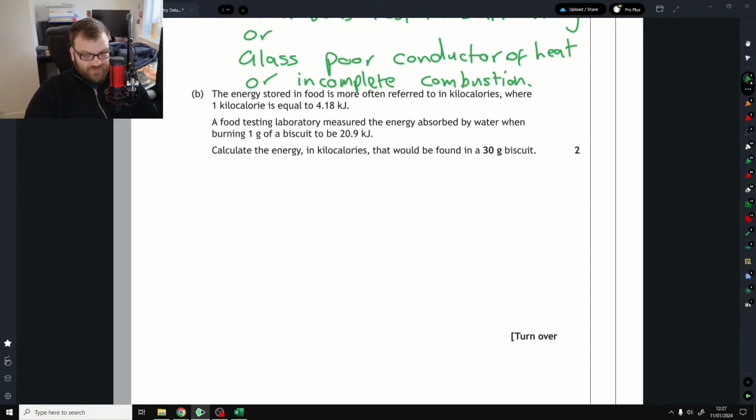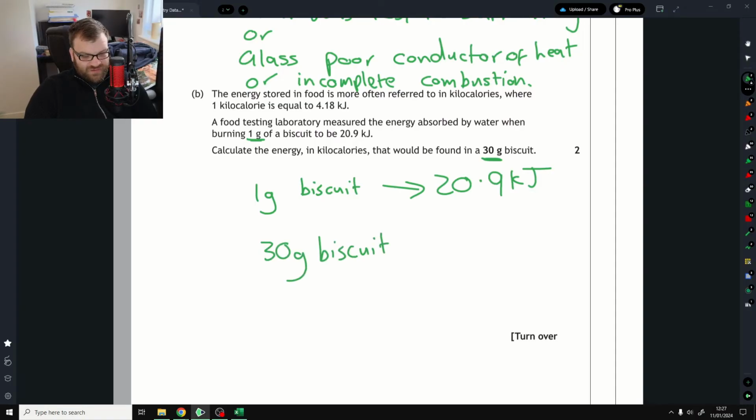So first up, I tend to start at the end. It says there's a 30-gram biscuit. That would link to the fact that 1 gram of biscuit releases 20.9 kilojoules. So if we've got 30 grams, that's going to give you more energy out of it. So whatever number we get here has to be bigger than 20.9. How do I go from 1 up to 30? I can times by 30. I do the same on the other side. 20.9 times 30 give me 627